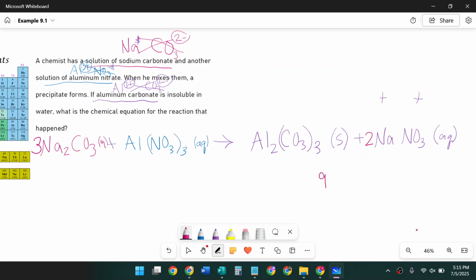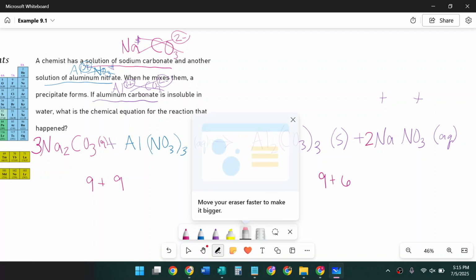So we have 9 plus 6 oxygen over here, and we have 9 plus, is that right? Yeah, 3 and 3, 3, 9 plus 9, so we have 18. So this side needs a few extra. If we change that 2 that we have right here,